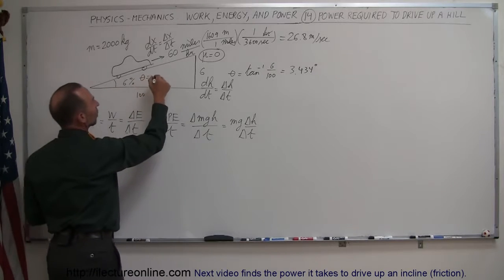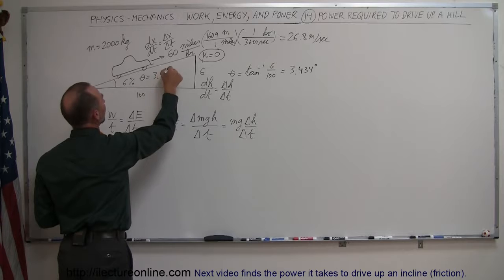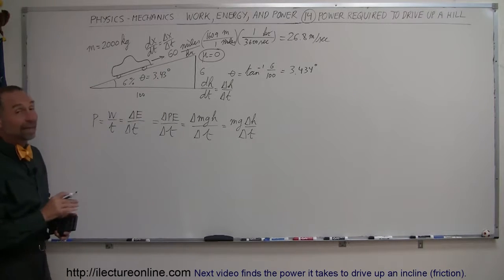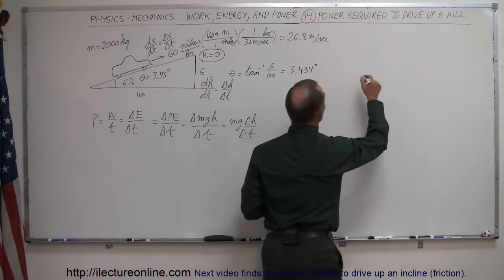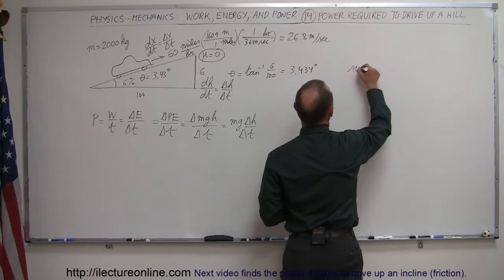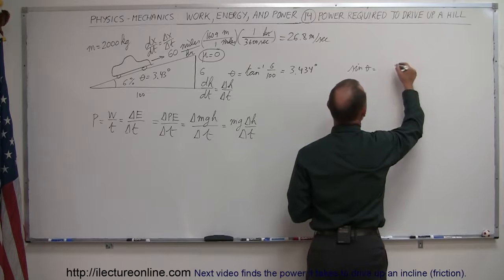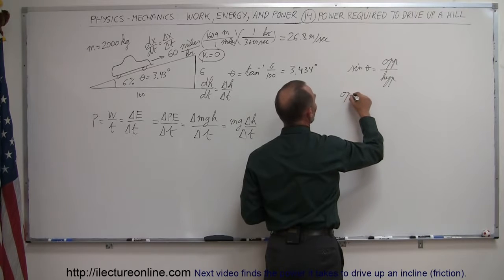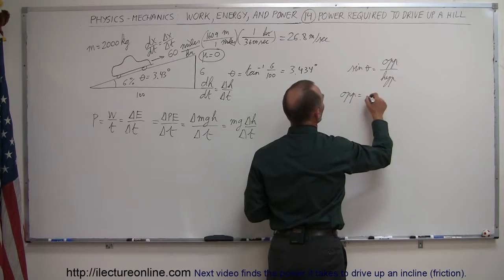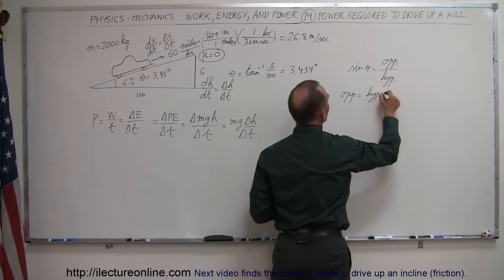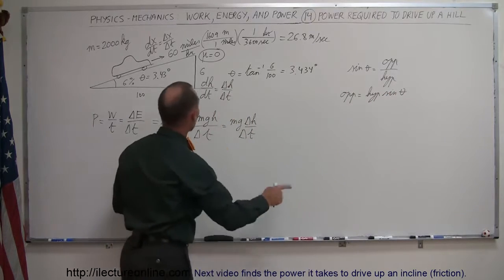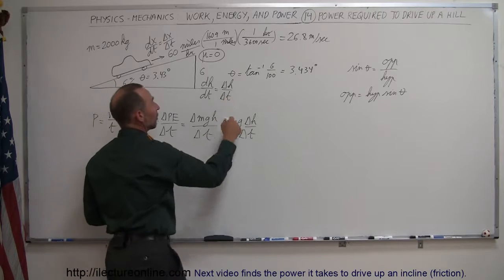that theta is equal to 3.43 degrees. Let's just round it off to three numbers here. Then we can say, okay, the sine relates that. So we can say that the sine of theta is equal to the ratio of the opposite side over the hypotenuse, which means if we solve this for the opposite side, it is equal to the hypotenuse times the sine of theta. And of course, the opposite side is represented by delta h/delta t,